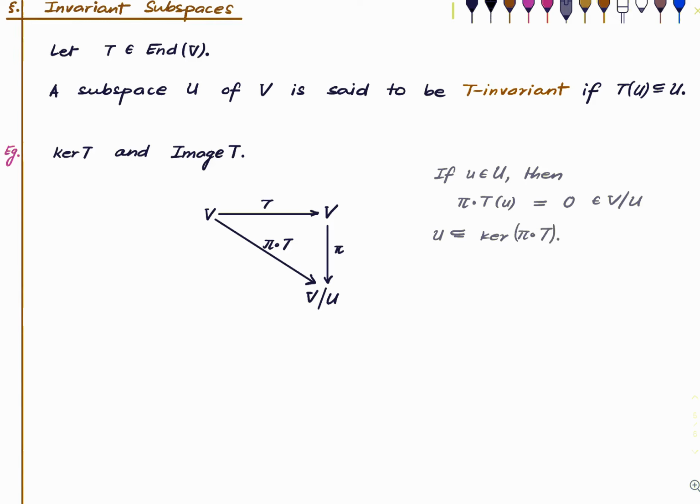Okay, and now by what we just learned, the map pi composed with T therefore factors through V mod U to give another map, which we may denote by whatever. I will call it T bar. This may look like an abuse of notation, but that's okay. I will call it T bar in this context. And what is the description of T bar? Well, you start with a vector V, you map it to,